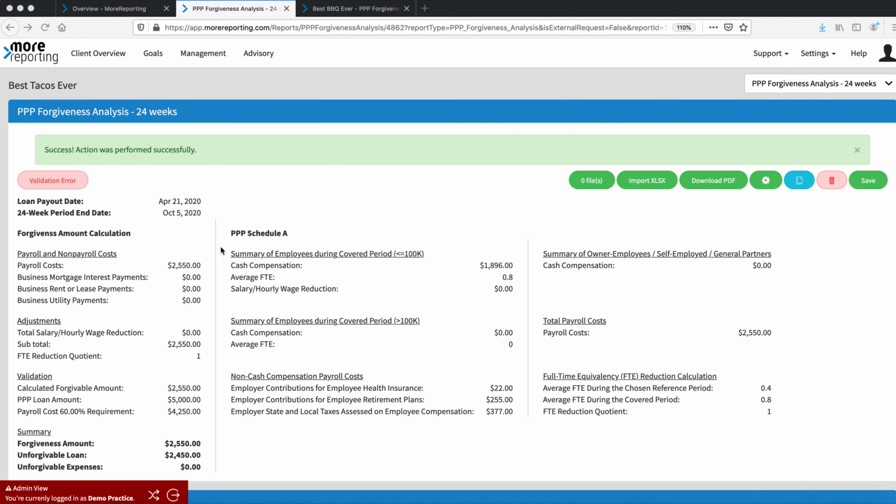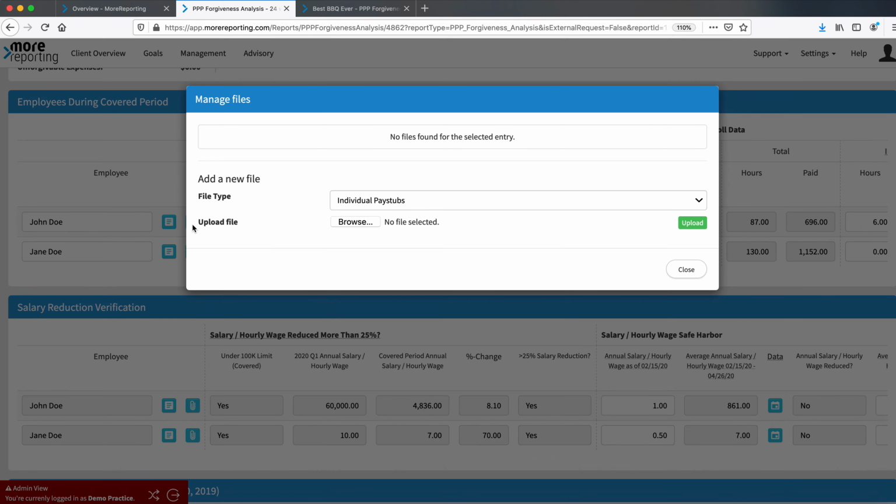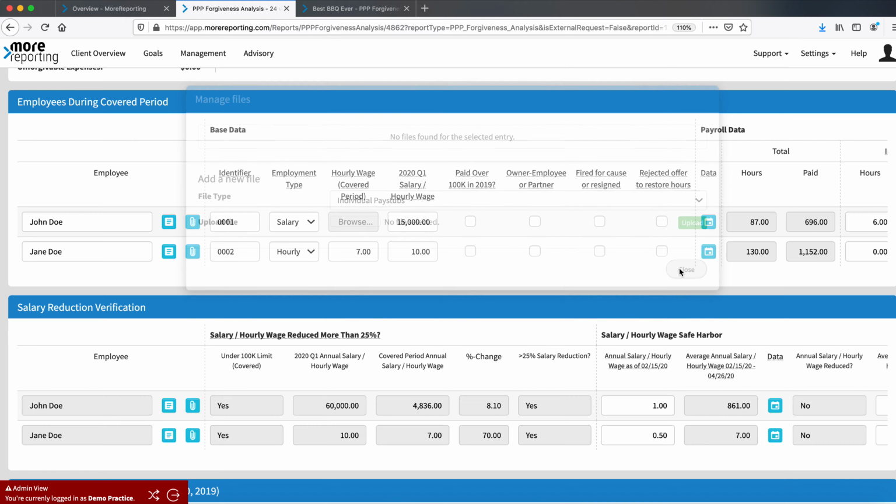And then one thing that I don't want to forget to mention is that here you have all these different icons where you can, in this case, for example, upload files. So for this person, all you need to upload is just the pay stubs. Let's suppose that they were fired